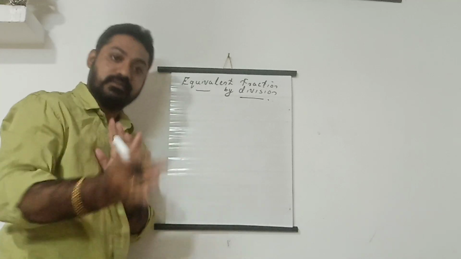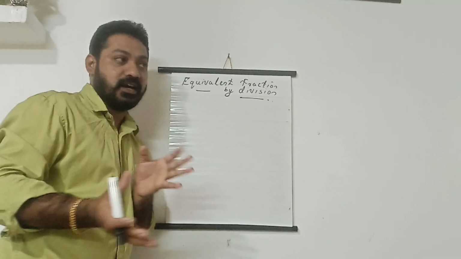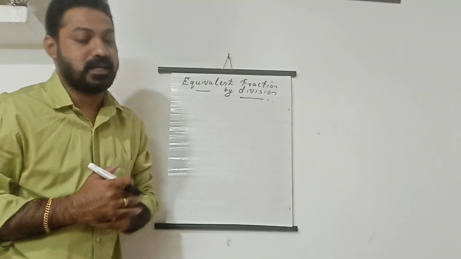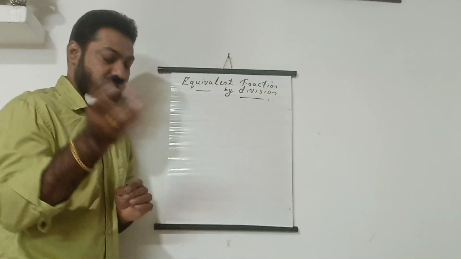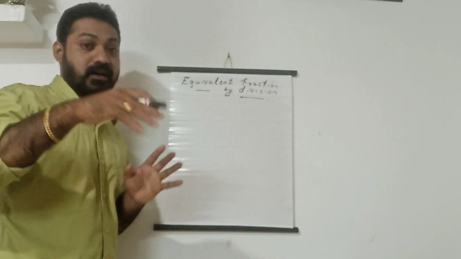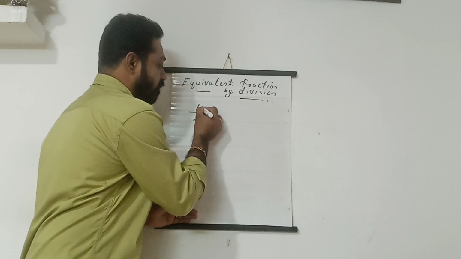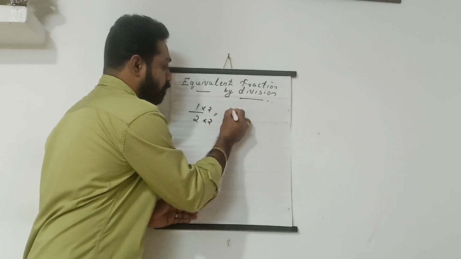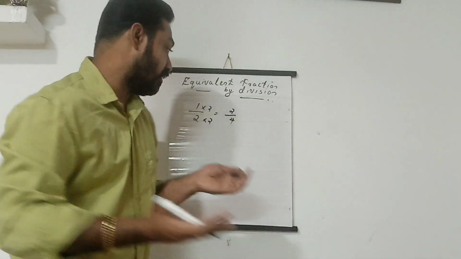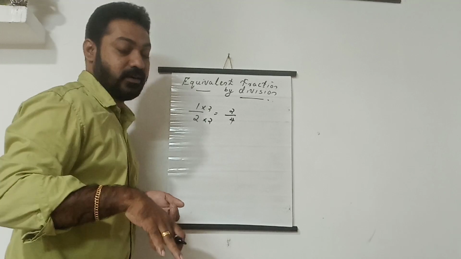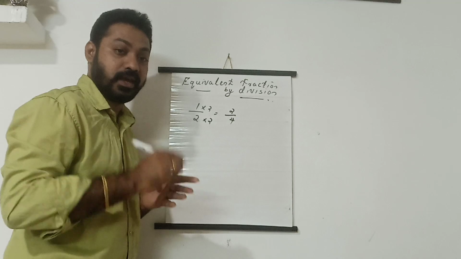But this is division. These are also equivalent fractions, but we are reducing a big fraction into smaller terms. Understand? In the case of equivalent fractions by multiplication, we are making the fraction bigger. For example, we take a small fraction like 1 by 2. When we multiply, it becomes 2 by 4, isn't it? So the numbers are increasing, but in the case of dividing, it will be reduced to the lowest terms. Okay, so how is it possible?